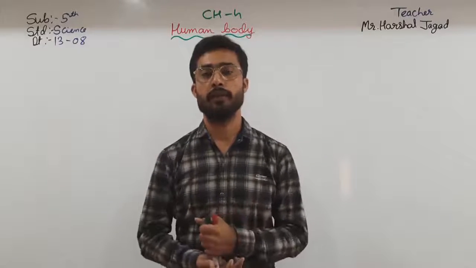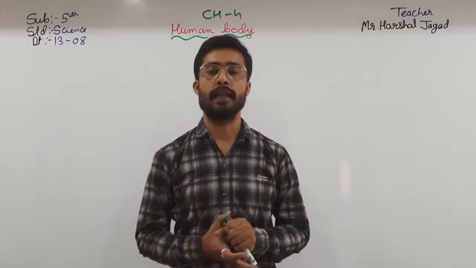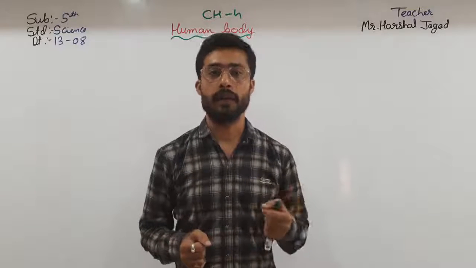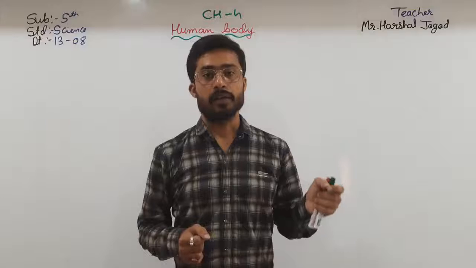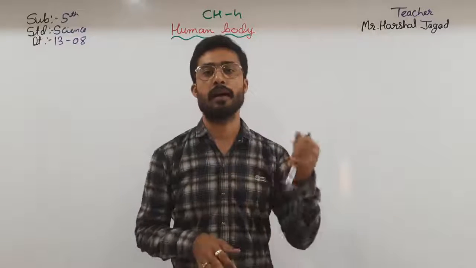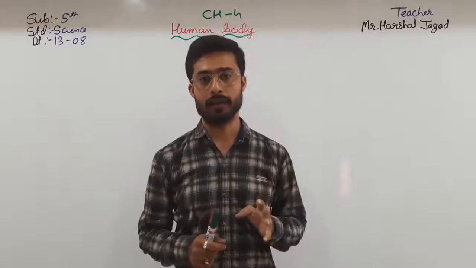In the previous video we have just seen the muscular system. In that we have seen that more than 600 muscles run in our body. The muscles work in pair. The bones and the muscles are attached with each other and the muscles work in pair. How do they work in pair?